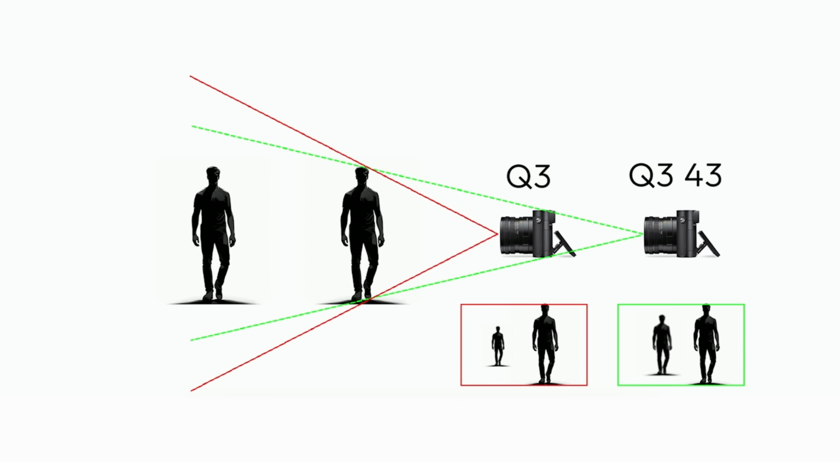What this means is that the further figure gets proportionately smaller. As you can see there, the figure in the red box is much smaller than the figure in the green box. That's because I've had to move the Q3 that much closer. And the reason that happens is if you look at the angles of view of the two cameras, which is the red and the green lines, so the red line here and the green line here,